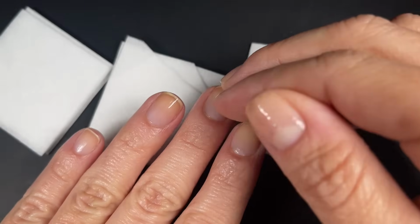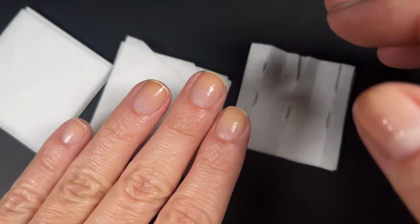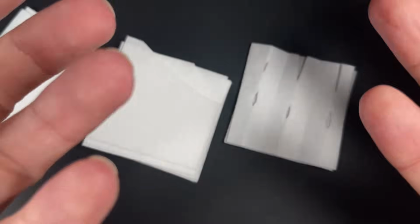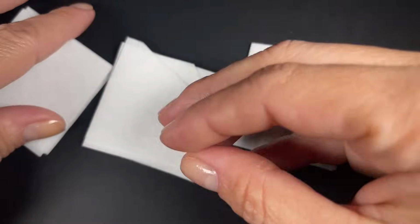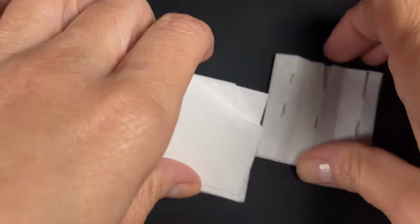But you're not leaving it alone. You're adding water, you're adding chemicals, you're adding things. So if you want to keep it in good shape, you need to balance that out with the oils, okay? You can use jojoba oil, coconut oil, avocado oil. There's a couple other oils, but those three are the most common ones, cheaper and easy to find, that